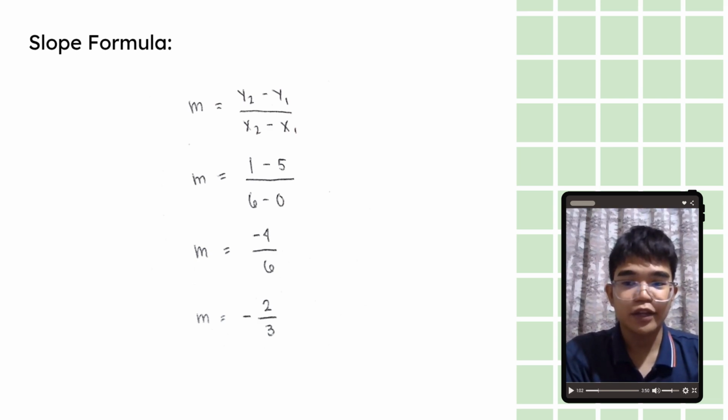Since the left end of the rod is (0, 5) and the right end is (6, 1), to find p of x, we can utilize the slope formula. That is, m equals y sub 2 minus y sub 1 divided by x sub 2 minus x sub 1. So our y sub 2 is 1 and our y sub 1 is 5, and our x sub 2 is 6 and our x sub 1 is 0. Now we solve for m. We have 1 minus 5 divided by 6 minus 0, that is equal to negative 4 over 6. We simplify the expression, so m would be negative 2 over 3.